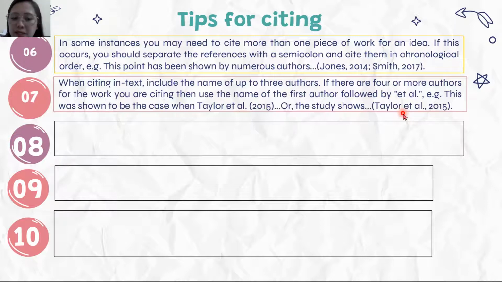Okay, but in APA style, ganito din yung ginagawa nila. So, Taylor et al. na din sila. Hindi nila i-include yung other, four or more authors. So, if there are four or more authors for the work you're citing, then use the name of the first author lang. So, first author lang, then et al. na din. So, in the newest edition of the APA style referencing guide, hindi na din nila i-include